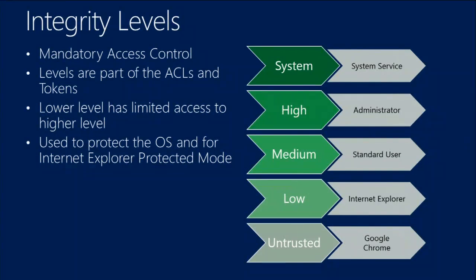Internet Explorer is running at the low integrity level, while all your other processes are running at the medium integrity level. So low-level Internet Explorer cannot communicate to your higher level processes and send messages to these processes,